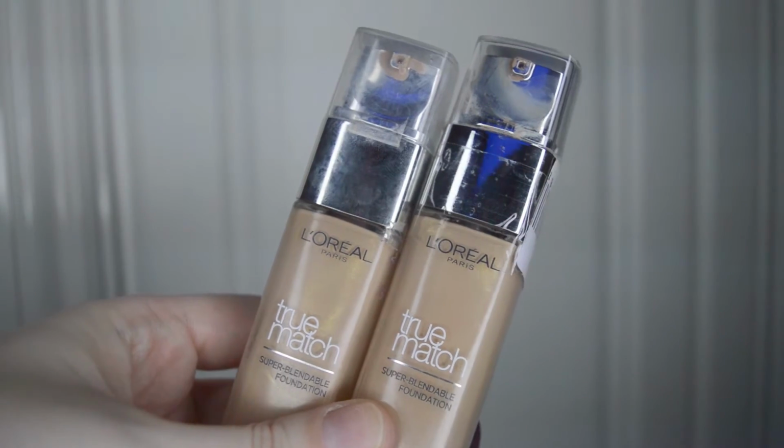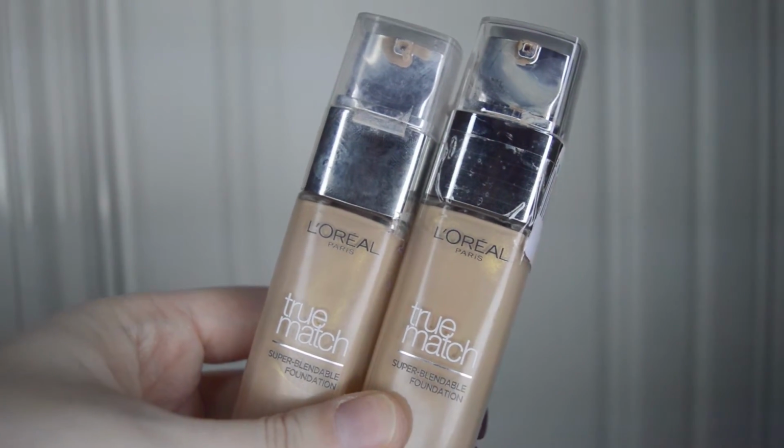So I've picked up 2 of the L'Oreal True Match foundations. These are both in the same shade, which is 4.D/4.W. So in my previous videos I was a lot more tanned than I am now, but I'm going to be reapplying that tan. I just waited for the old lot to fade away a little bit because I had a week off where I didn't maintain it, and then I'm going to wait for it all to go and then I'm going to self-tan again. But this is the perfect colour for when I'm tan,